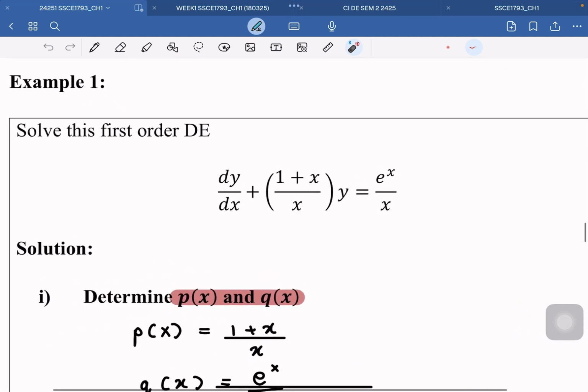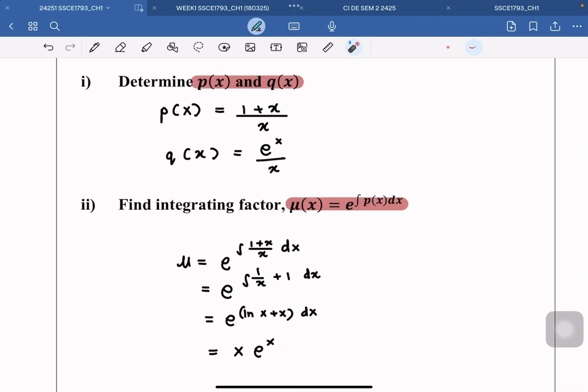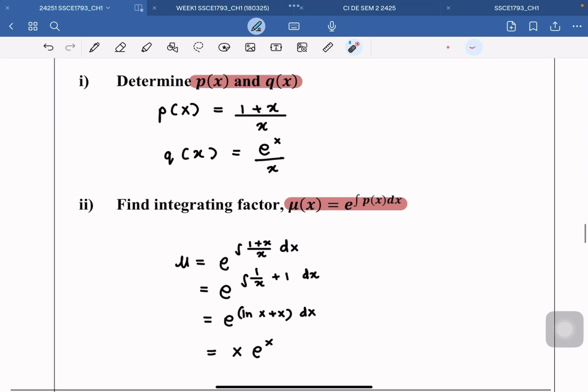Solve the first ODE, the differential equation given by this one. We have dy over dx plus this coefficient times y, equal to this one. When you look at this equation, you already know that the coefficient that belongs to y prime is equal to 1, so you do not have to do any modification. You can go straight away. So you know that this one is p(x) and this is q(x). After you determine p(x) and q(x) based on the given differential equation,